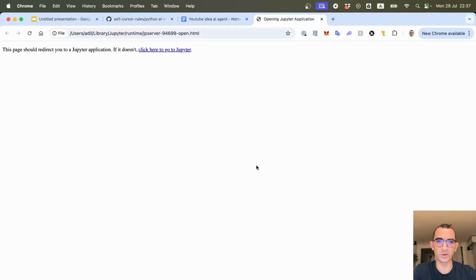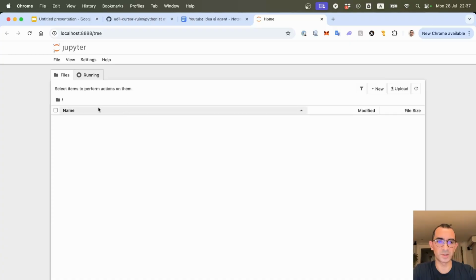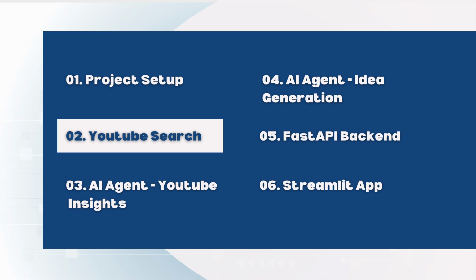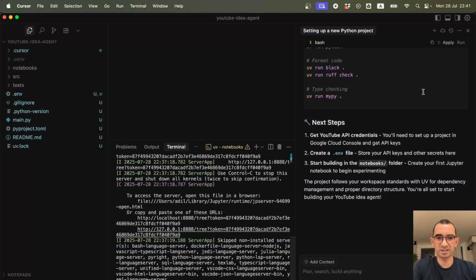And you can see the server of Jupyter Notebook opening in here. So everything seems to be fine, and I have my setup. Now that I have my setup, I can start coding. So the first thing that I want to do is use Jupyter Notebook in an interactive way to implement the